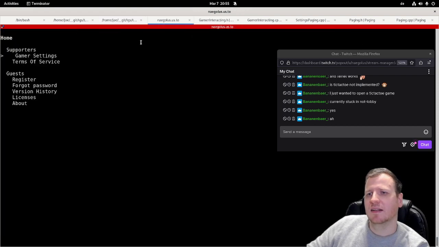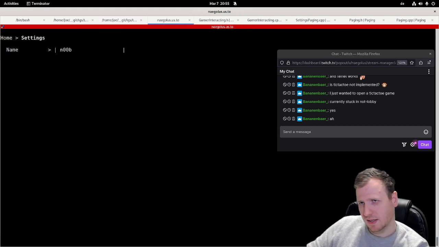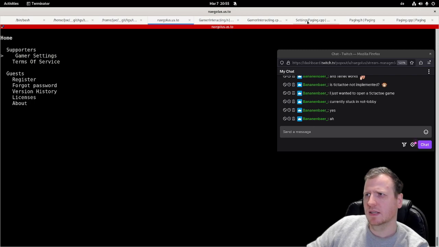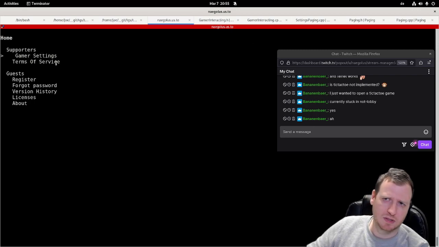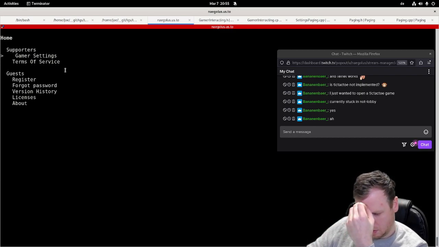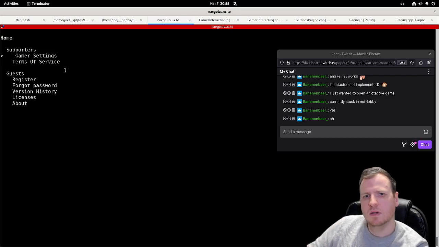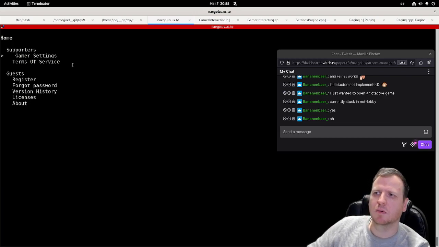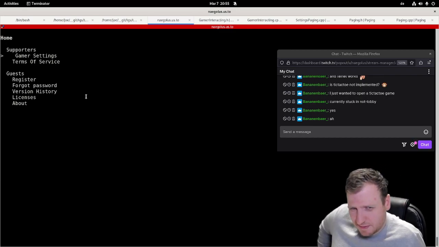But then the user would see that escaping the settings paging sometimes would not work. This means we have to process the communication process in the gamer interacting process, because this is